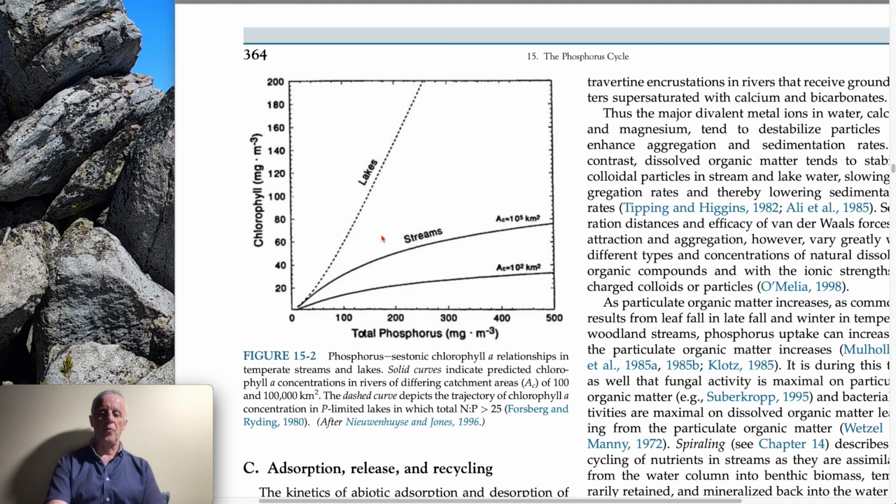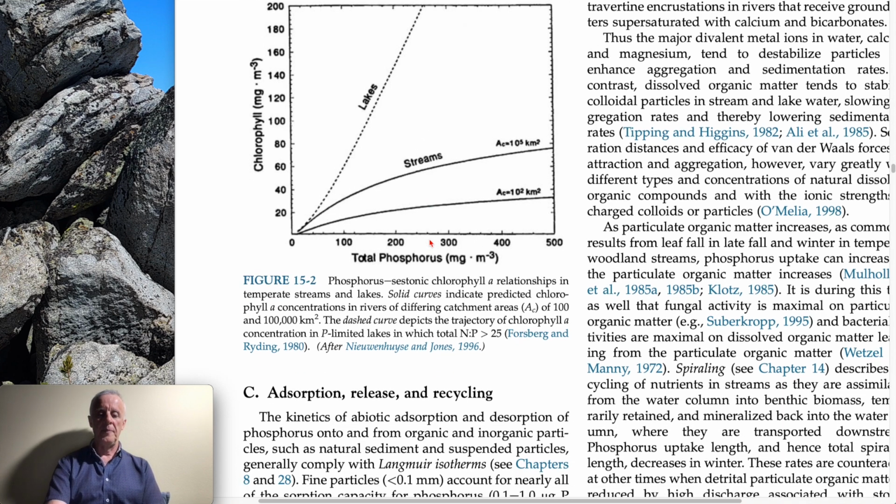So we are looking at the same relationship, and instead of streams here we're looking at lakes. What we see from the get-go is that phosphorus is not limiting chlorophyll production here, so it's a very different curve. And so we have high values of chlorophyll for mid-range values of total phosphorus, in the 250 range, already 200, and we never had that. I mean, we had like 250, and at best in streams with the large catchment areas, we only come up with about 60 milligrams per meter cubed for chlorophyll.